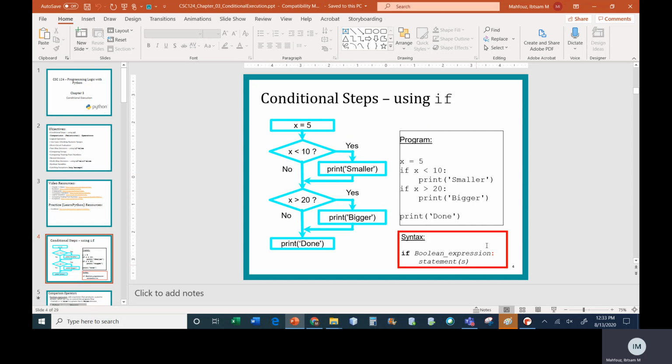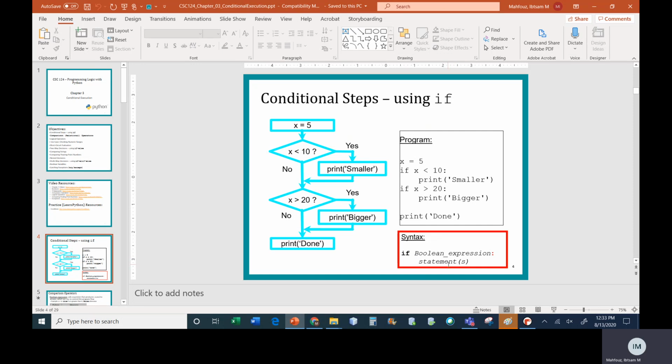And so the syntax that we want to use for doing the if statement is if, and then what comes after is something called a Boolean expression. And Boolean means true or false, yes or no. So we want to have an expression there that's a test that will give us back basically a yes or no answer. And yes or no in programming is called true or false. True means yes, and false means no. And then we put a colon at the end, those two dots, and then underneath we put the statements that